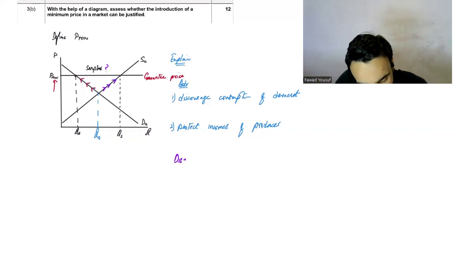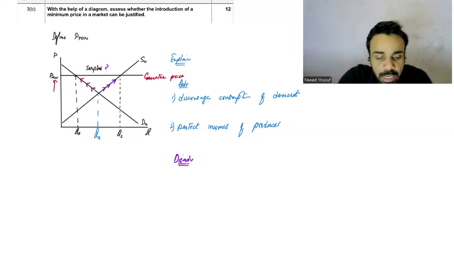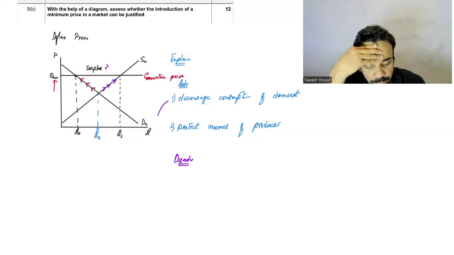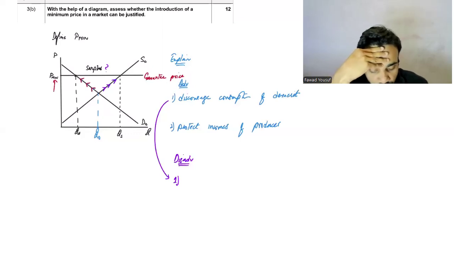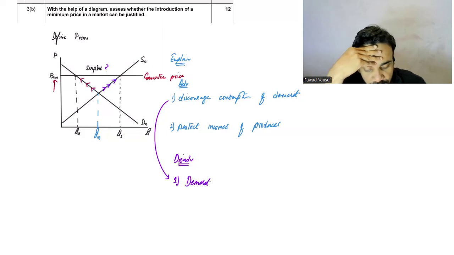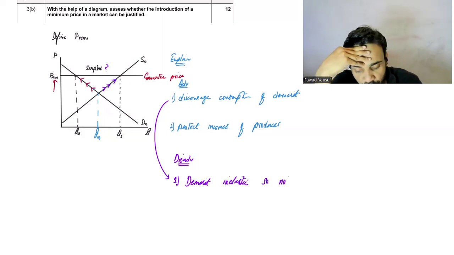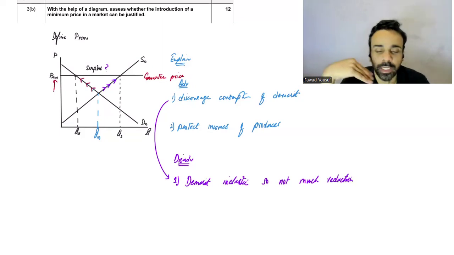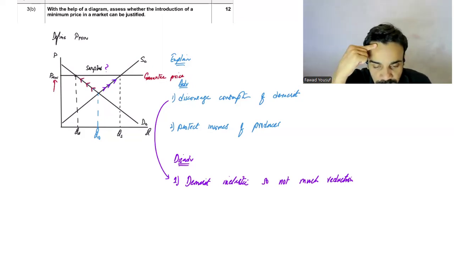Then you're going to talk about the disadvantage of it. Okay? Now when we talk about disadvantage, there are all sorts of disadvantages. Number one, when we were talking about demerit goods, we can talk about how demerit goods are inelastic. So not much reduction. You should elaborate a bit more in terms of it being habitual, and a price rise will not lead to a much lower quantity demanded and stuff like that.